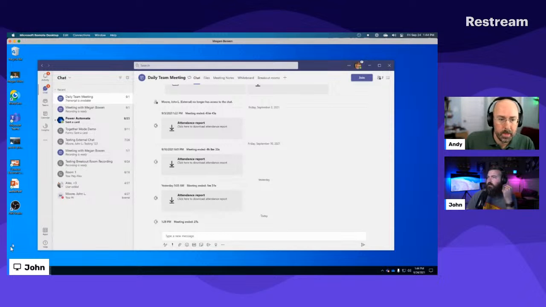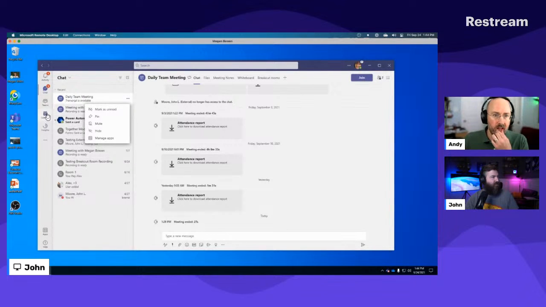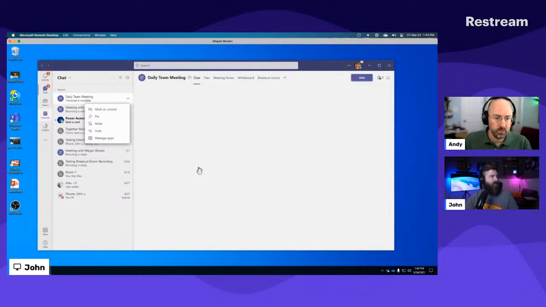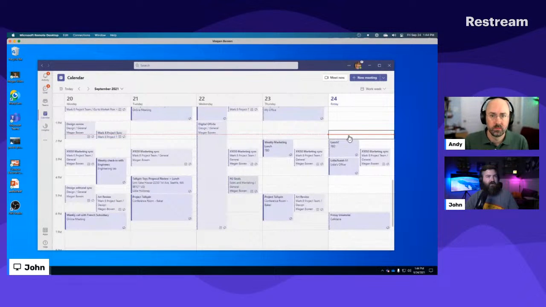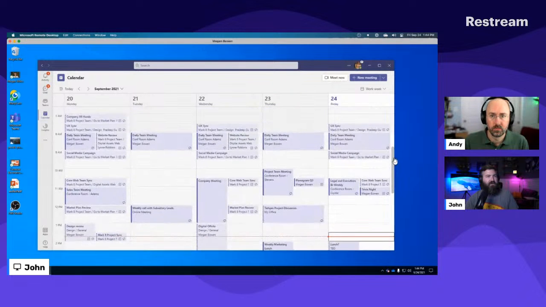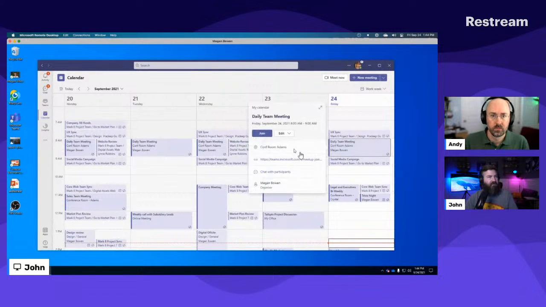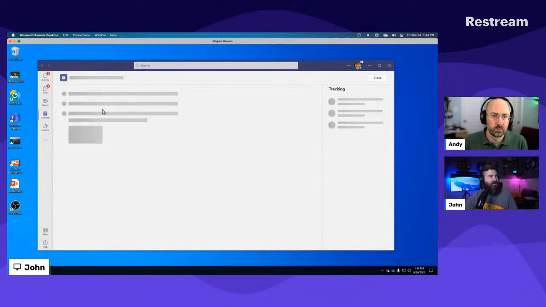If you pop your screen up, I can replace it with mine, or I can drive, either way. Did you send a Teams meeting? Oh, you know what? I didn't. I did not. Let me see if I can invite you to this one. Oh, come on now. Loading your calendar. Yeah, I've just got this standing Teams meeting, so I'll add Andy onto this, and then we can just jump into it.